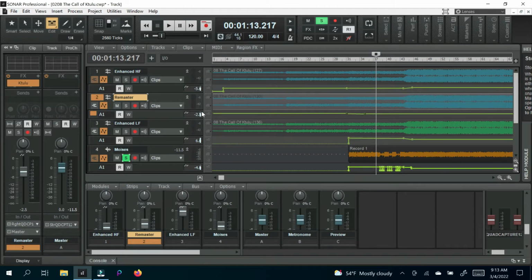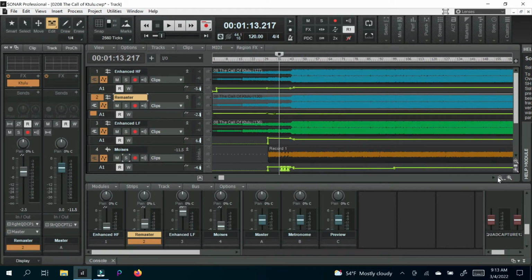Now right here, you can see I'm going to unsolo Moises for a second. This comes up and this comes down. Basically, this is all a cushion of everything else. So as the enhanced comes up, it's because Cliff's about to start soloing here, and as the low frequency comes down, it's because there's really no need to have it anymore once he starts playing lead bass.